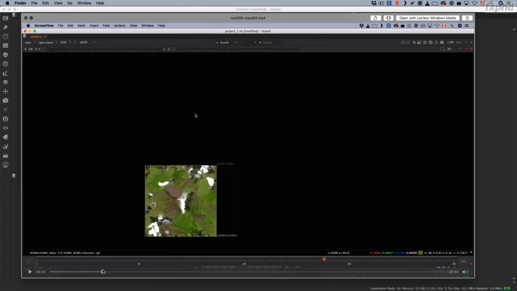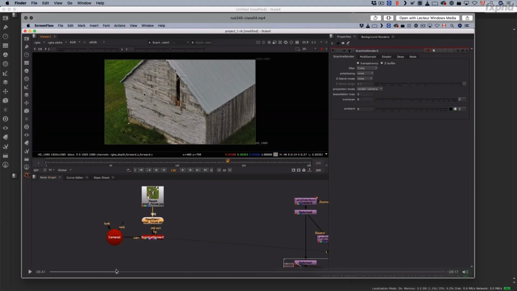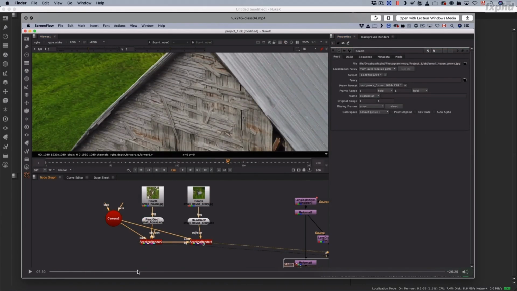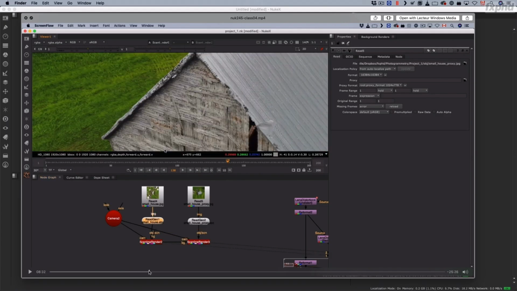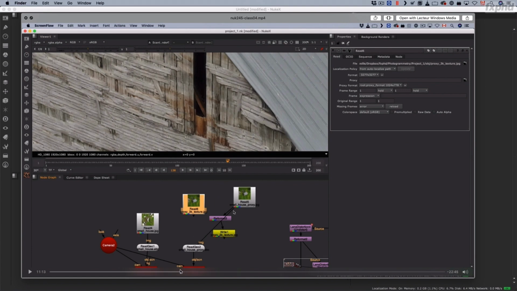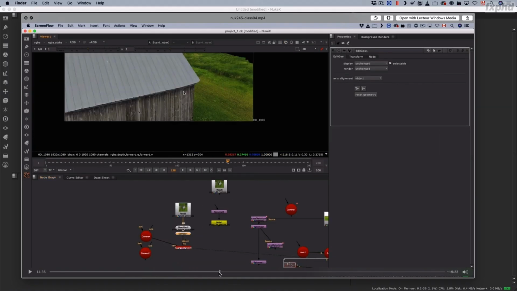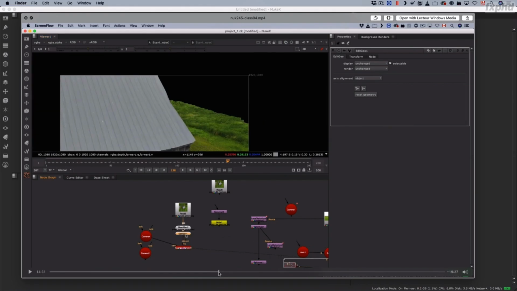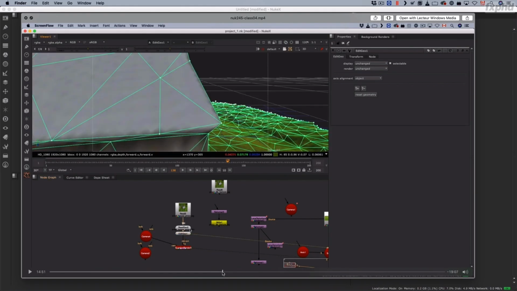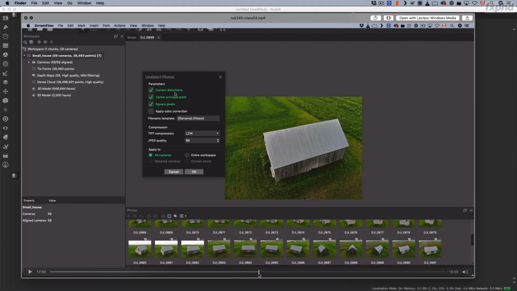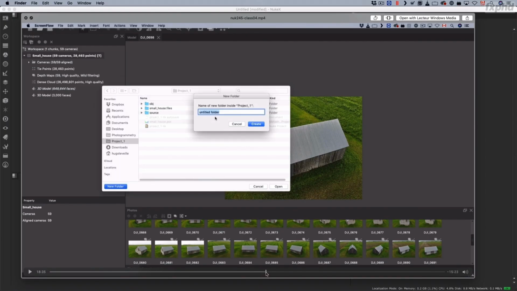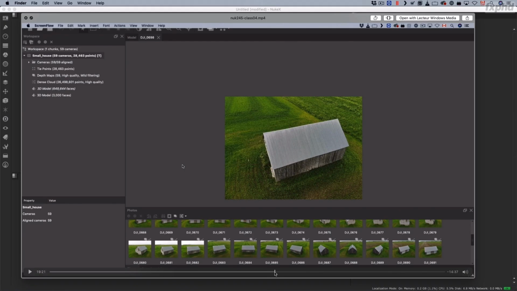So we'll see how to apply the texture, and the difference in quality of the mesh that we can import. Then we'll also see the different textures, the difference in resolution, and we'll also remodel our geometry a bit so that we can do some quick fixes directly inside of Nuke without going to a 3D software. And then we'll see how to export your camera out of Metashape with the undistorted photo,